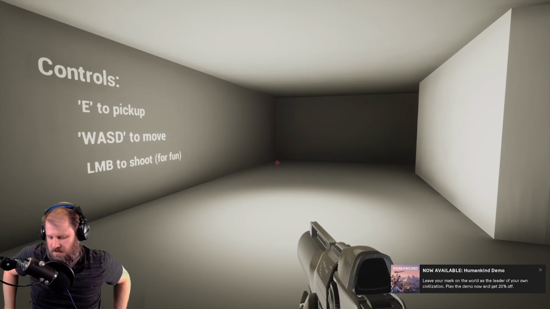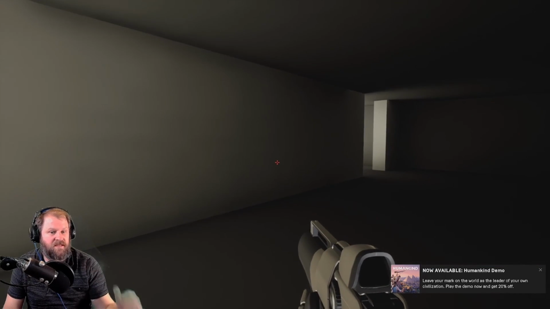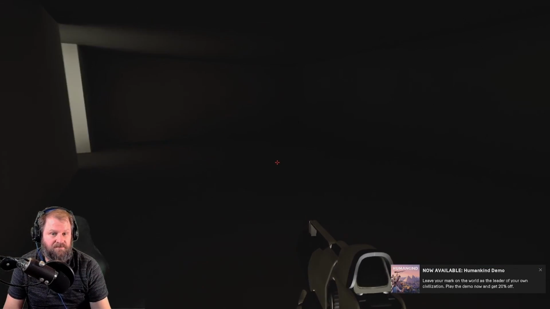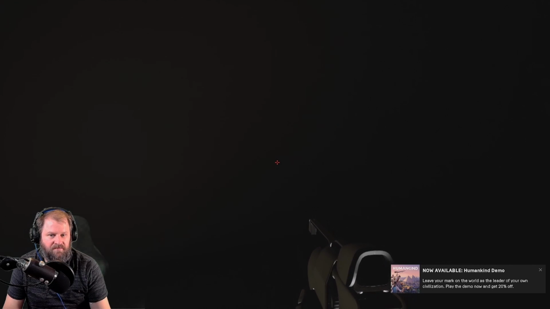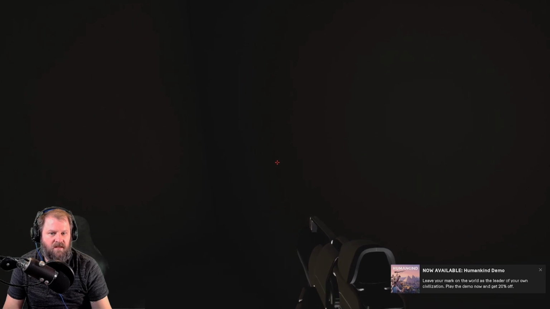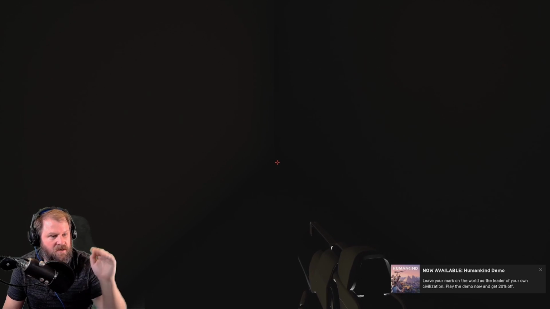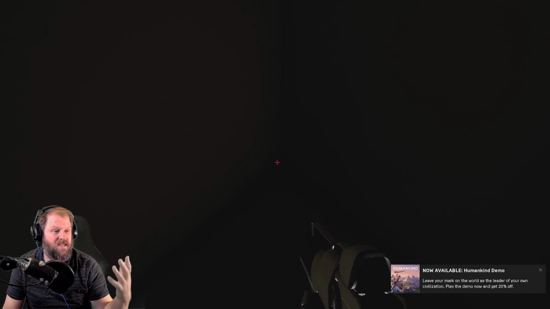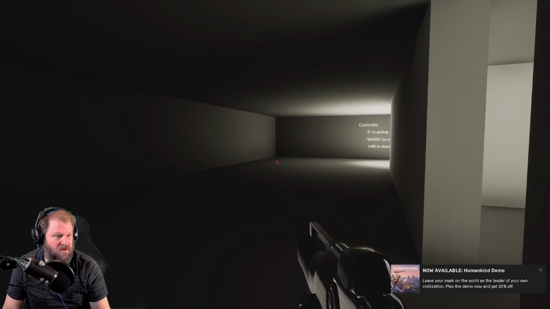One of the things you could have done, I'm just saying, if you find a way to lead someone to the papers, for example, if you put one of those papers in this corner, right? And maybe it was a little bit more lit. It's pretty dark, but the paper would make it pretty light. If I collect that paper right here, I pretty much know where that player is going to be at that position and what he's going to do next. I'm going to have to turn myself around like 360 degrees.